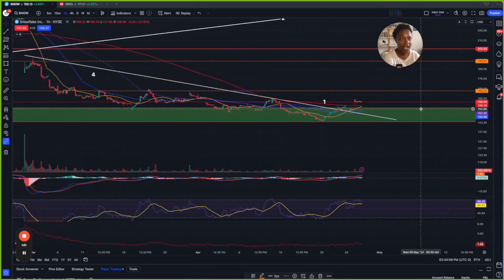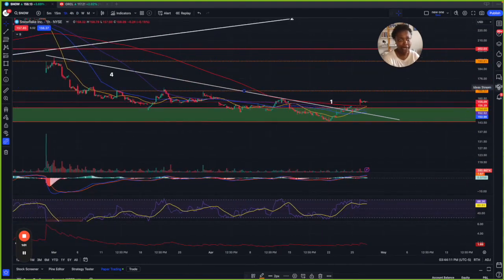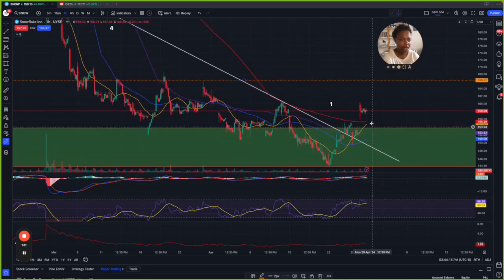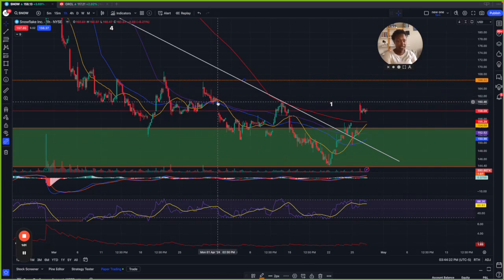Let's come down to the hourly. All Friday, it just sat here and consolidated. Didn't do anything, but it does look like the 20 MA has crossed above the 50, the 100, and it looks like it's coming up here to attempt to cross above the 200 as well, which again could give us that push. So you see how there was a gap here on the hourly as well, which is right in there. So that's what we're looking for there.